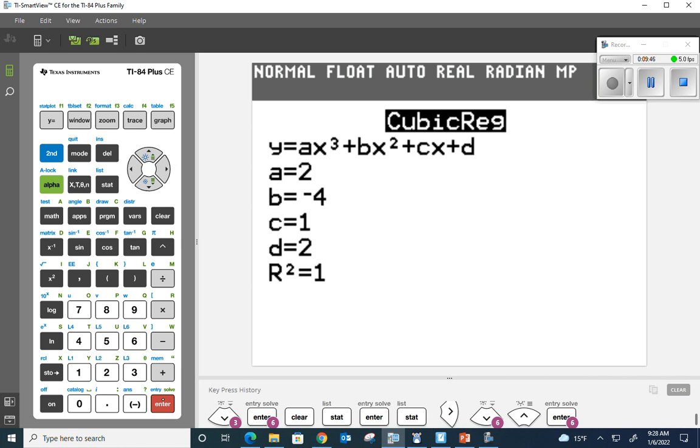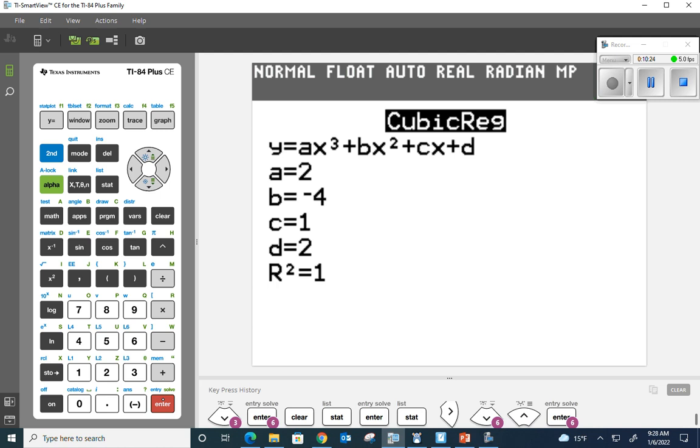And what do you see on the screen right now that verifies that this function is perfectly cubic? R squared is 1. Remember, only linear regression has an R value. Every regression has an R squared value. So there's the coefficient of determination, if you ever take that class. That tells me these points can be perfectly modeled by a cubic equation. The equation 2x cubed minus 4x squared plus x plus